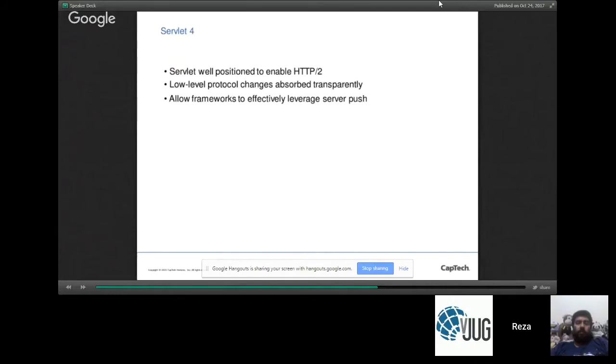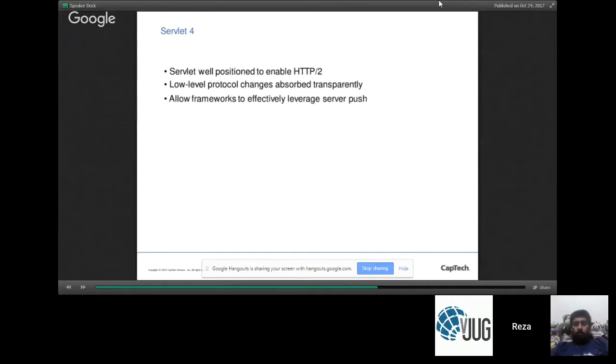That means that most of these changes that I just described are done in a way that doesn't change the API contract, it just changes the underlying protocol implementation. That means that an API like Servlet can remain almost exactly the way it is.